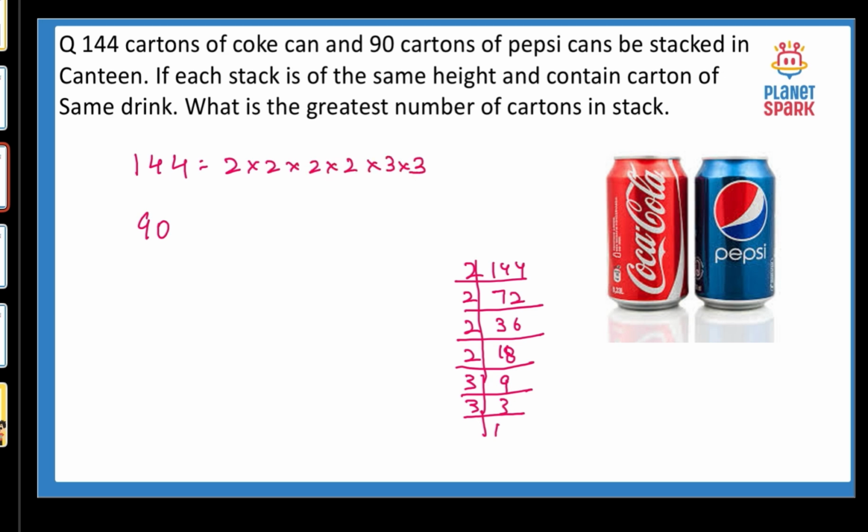Now let's prime factorize 90 and find the HCF. When I prime factorize 90, the smallest